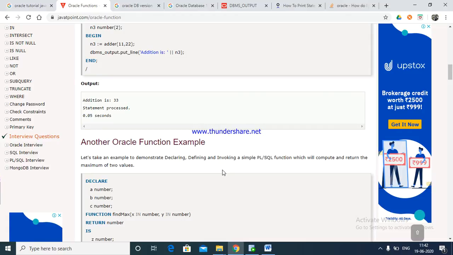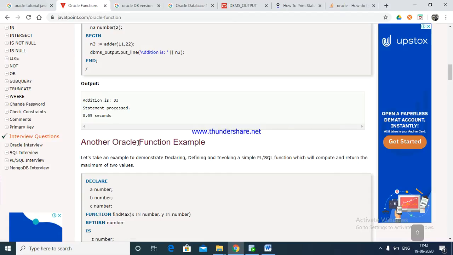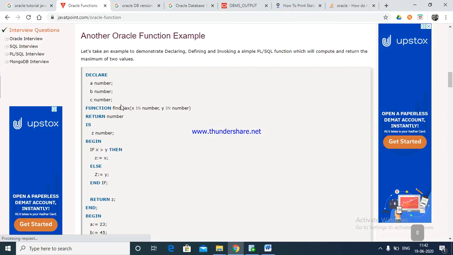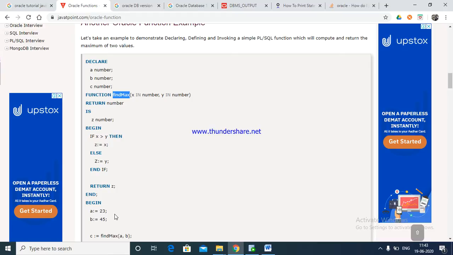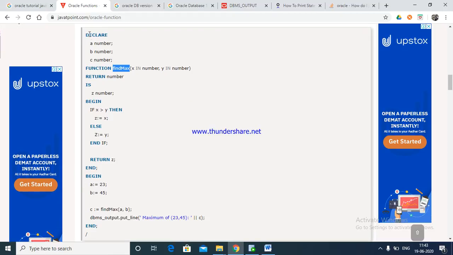Now I am going to discuss, we already discussed another Oracle function declaration. In this declaration we have one function, the same function we are using here. This is the declaration, beginning and end. Here we are using this function. Already we explained this